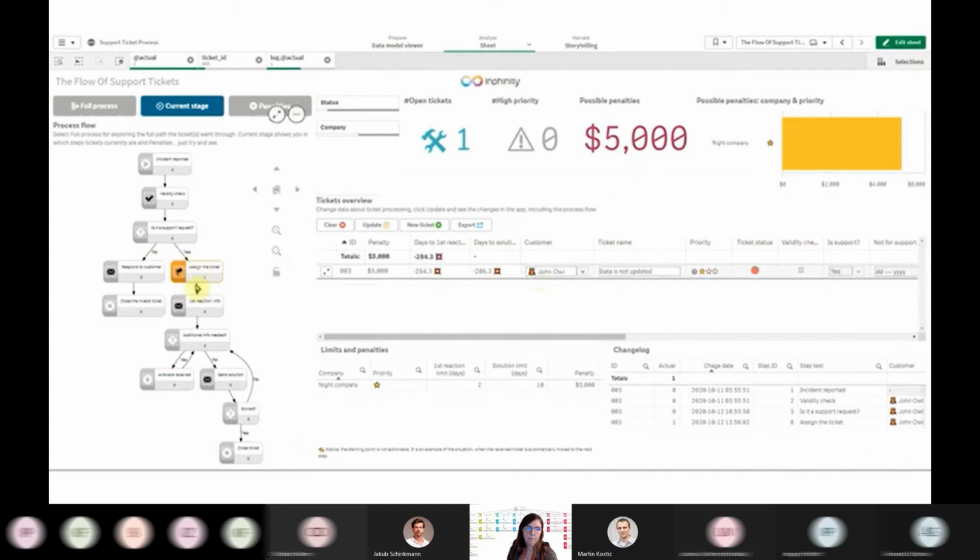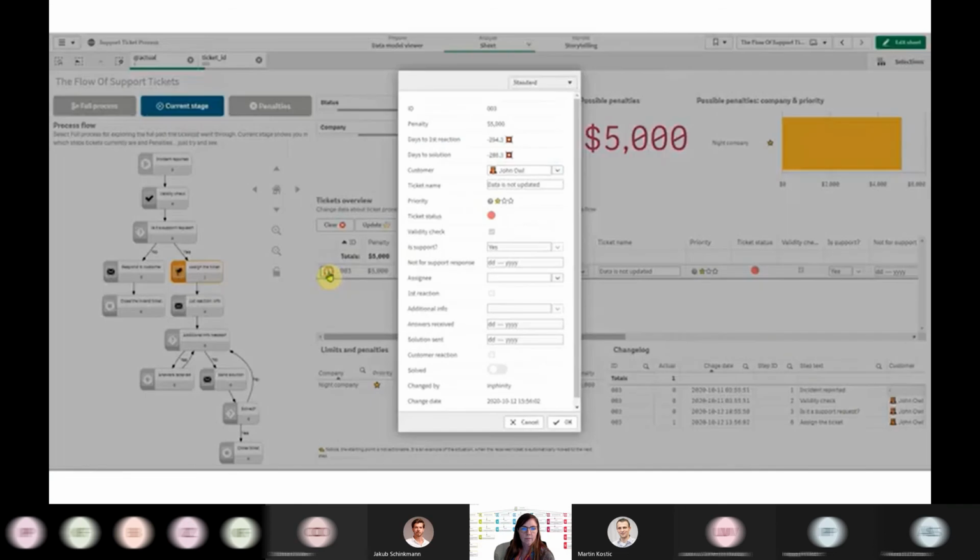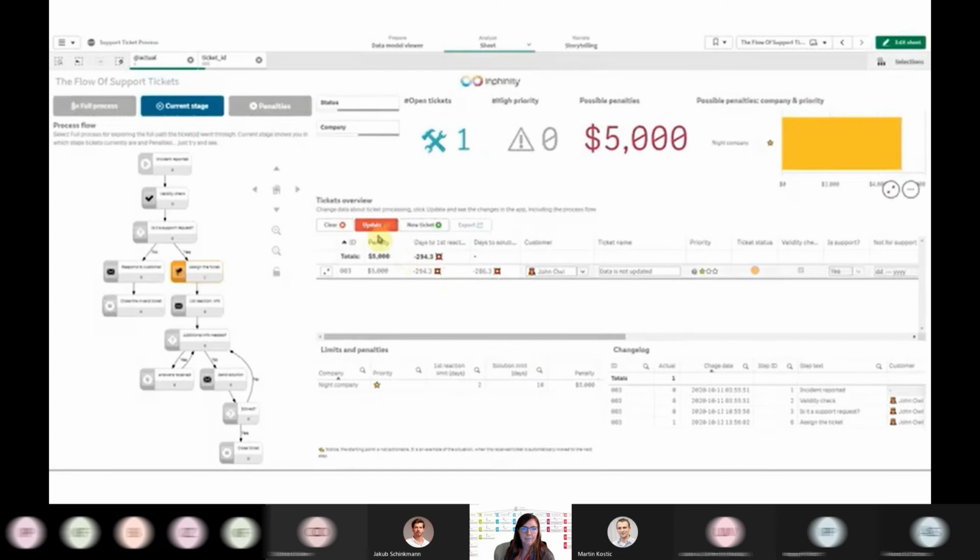So here you will see in Flow the current stage. You can see the full process and where it is in the full process, and we also have a change log available here for a full audit trail. Across the top we can look at the current stage, and we can expand out that individual record in a single form, look at who we can change the assignee to and the ticket status. Once we save that, we can then update the application.